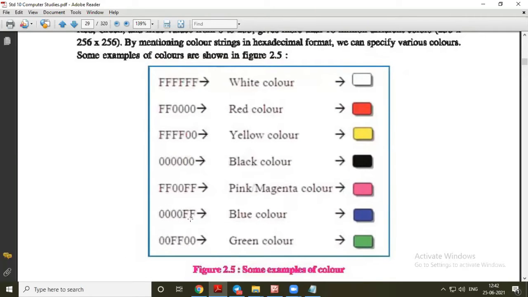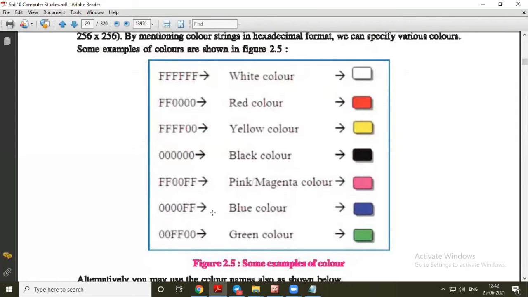Okay, and for blue color, only the last two places are F, red and green are zeros, you can see here. And for green color, we will put FF in between, after red and before blue, so it will generate only green color, RGB. So R is 0, green is FF, and blue is 00, so it will generate green color.